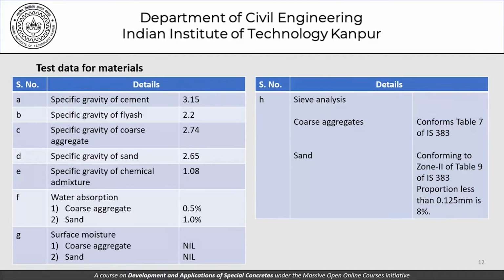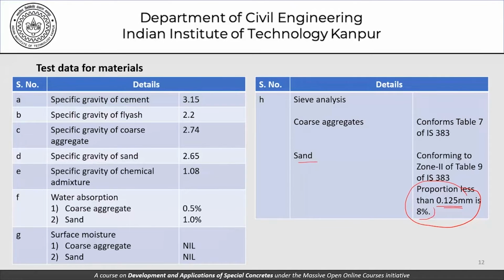We say that there will be no surface water on coarse aggregate and sand. Sieve analysis is known to you for coarse aggregate. It conforms to table 7 of IS 383 and sand conforms to zone 2 of table 9 of IS 383,